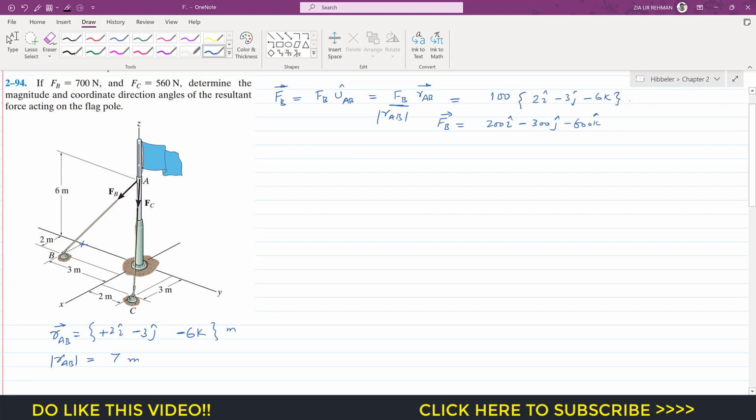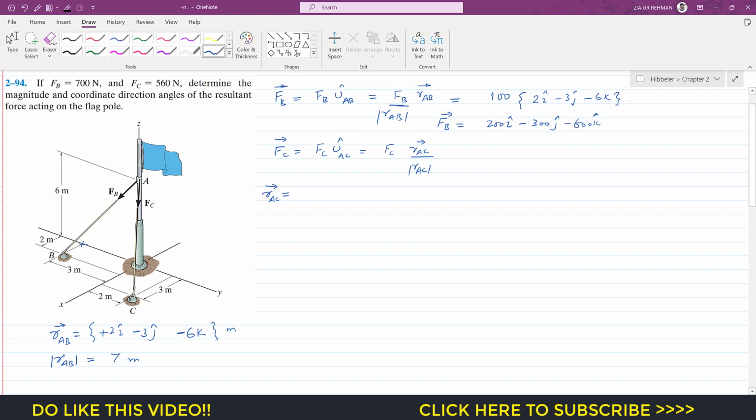Similarly, we can find FC, which is acting from A to C. So FC will be FC magnitude times the unit vector from A to C, and the unit vector from A to C is the position vector from A to C divided by its magnitude. Similarly, FC magnitude is given, which is 560, and we need to find this position vector from A to C. So we will follow that same method. So the position vector from A to C,